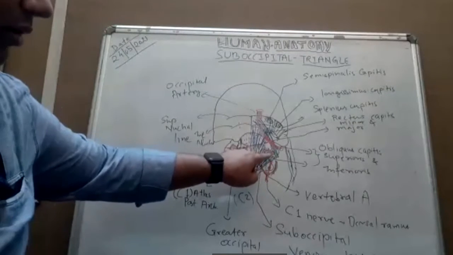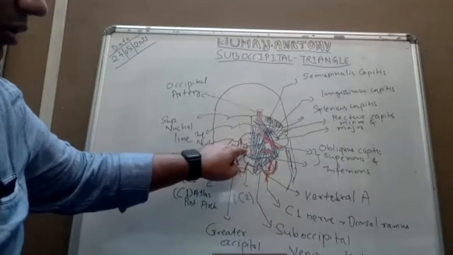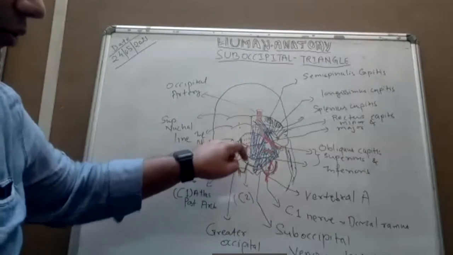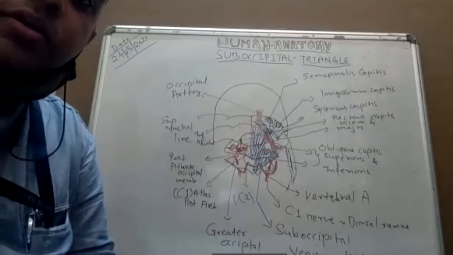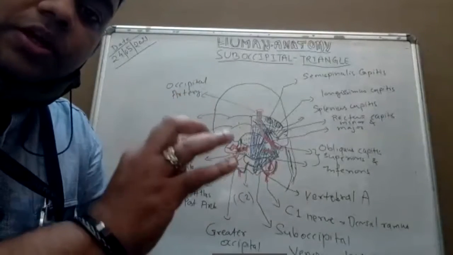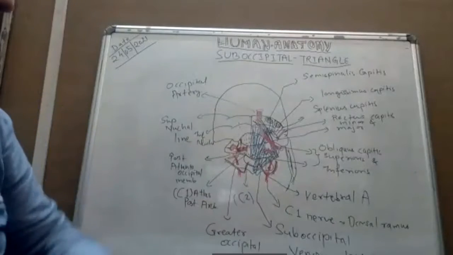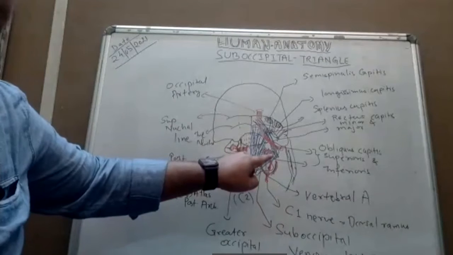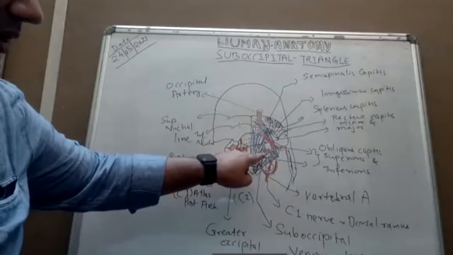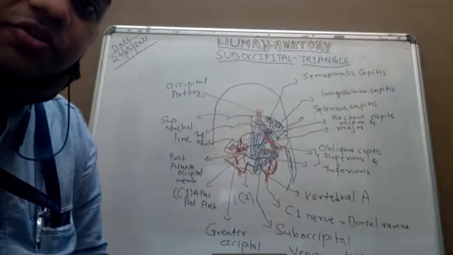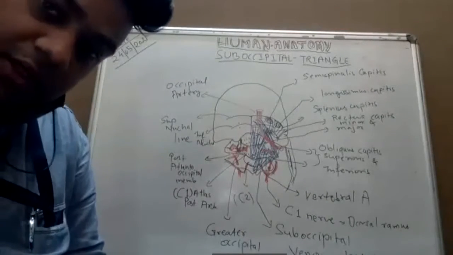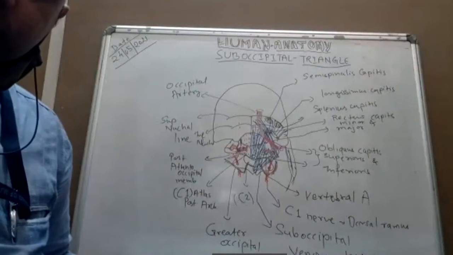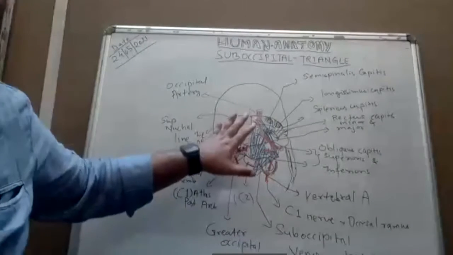And the third content is this vein-like structure, which I have colored blue, around the vertebral artery. So these are the suboccipital plexus of veins, or suboccipital venous plexus. So these are the three main contents: the vertebral artery, the suboccipital nerve or dorsal ramus of the first cervical spinal nerve, and the suboccipital venous plexus. So this is the overview of the suboccipital triangle.